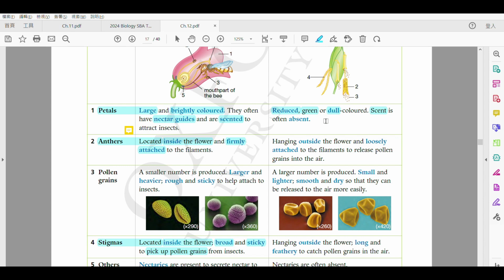Okay，好啦，但係喎，when we look at the wind-pollinated flowers，當我哋睇住呢一個部分嗰陣時啦，so is the anther or stigma inside or outside the flower？你會望到 both structures 其實都係 outside the flower 嘅。OK，好啦，嚟咯喎，and then we compare，記唔記得？So if it is a insect pollinated flower，嗰個 anther 係 firmly attached to the filament because 佢唔想 they don't want to be taken away by the insect，right？但係啦，呢一個情況就係 for the wind pollinated flowers，佢哋係 loosely attached to the filaments，so they will be carried away very easily。